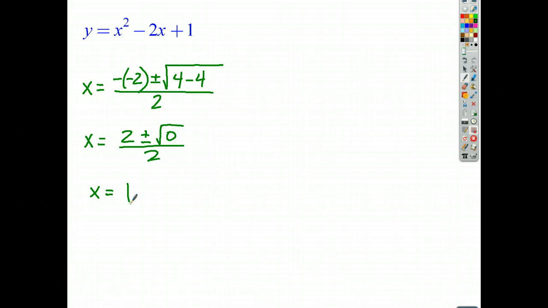So how is that going to work? If x is equal to 1, and that's the only solution, what do we know? Well, it means it touches the x-axis at one point. Let's see, if we were to graph this,